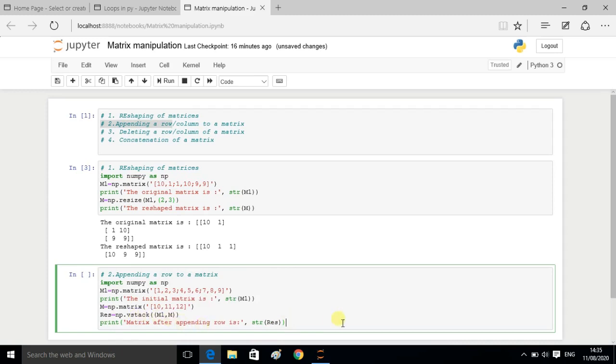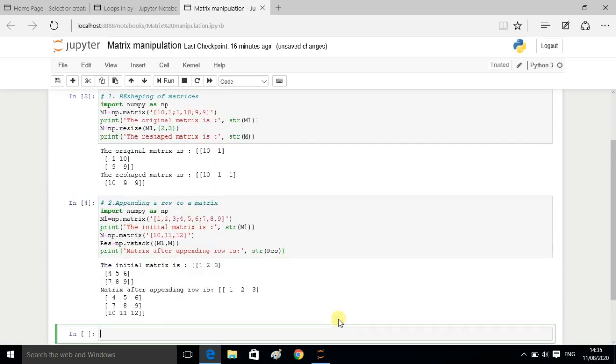Shift enter. See, the initial matrix is 1 2 3 4 5 6 7 8, and the matrix after appending rows, so we appended these rows, that is 10 comma 11 comma 12, so it gets added as a row in the existing matrix. Now let's append